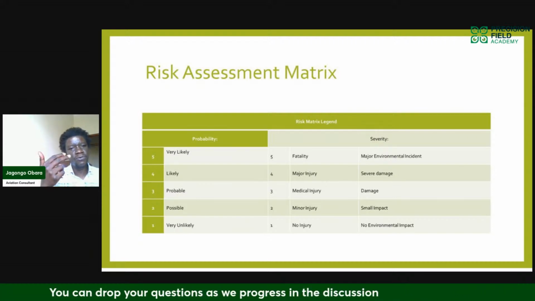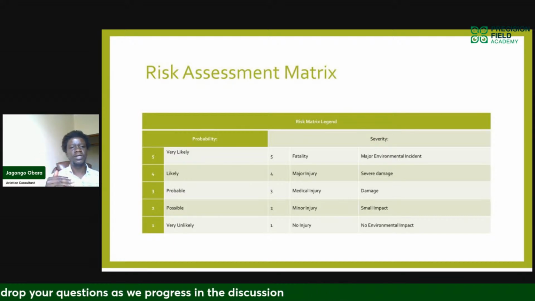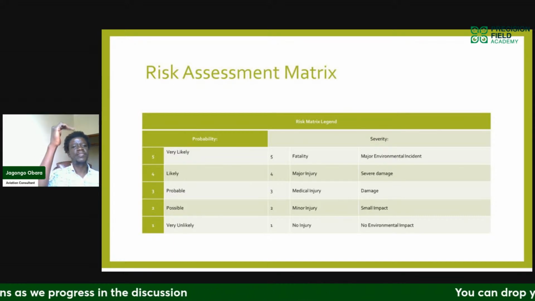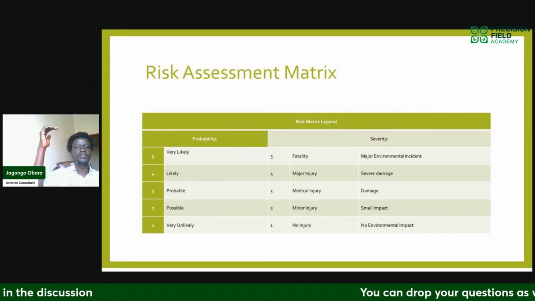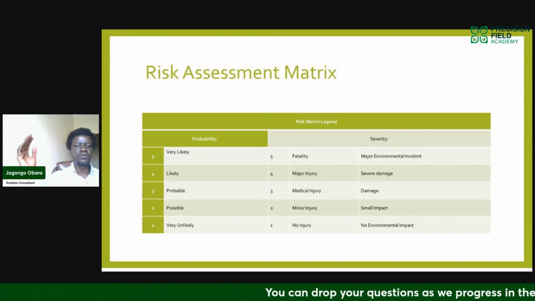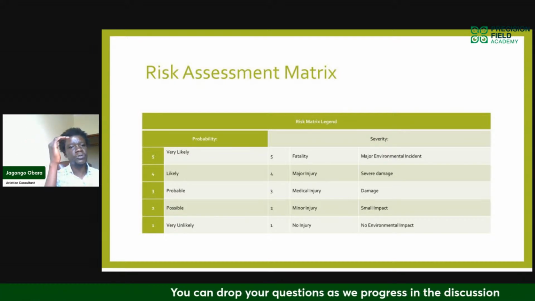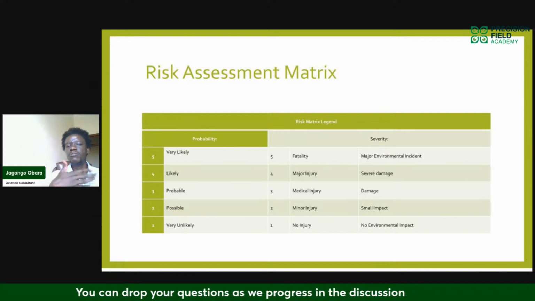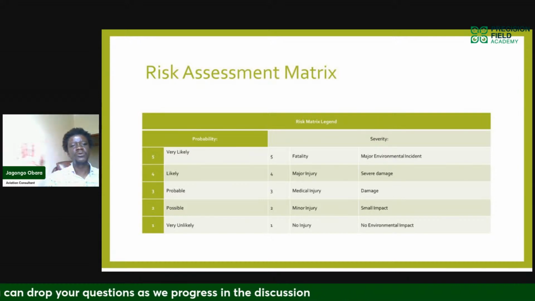Or if there's no, then we need to reduce that to acceptable limits. If it's too high, then we can say, okay, this risk is too much. Let's cancel the flight. We are not able to reduce it. We're not able to mitigate it. There's nothing we can do about it. Let's just cancel the whole thing.